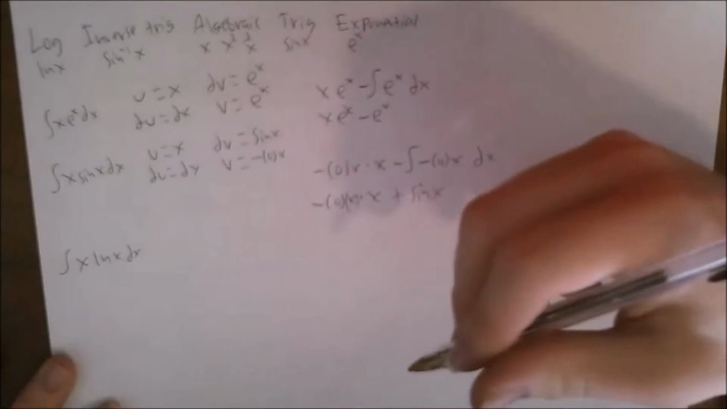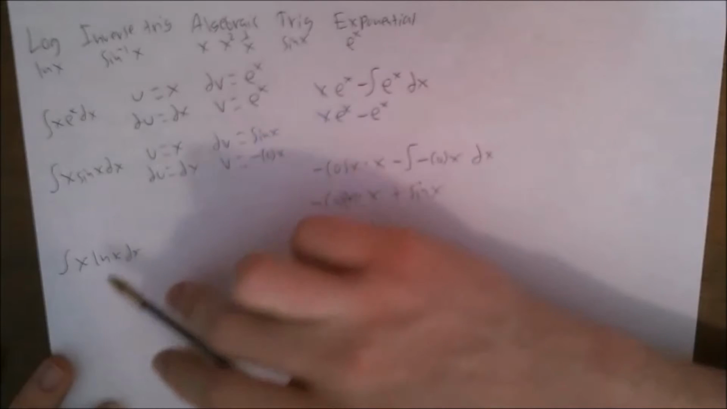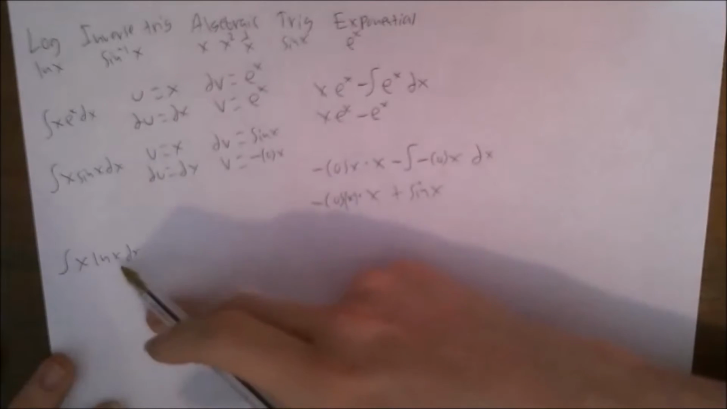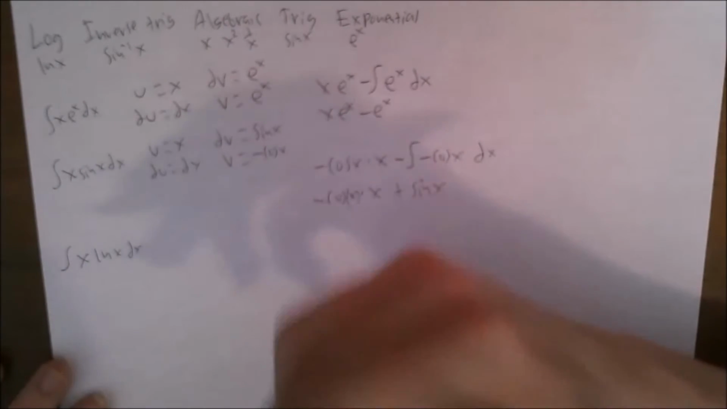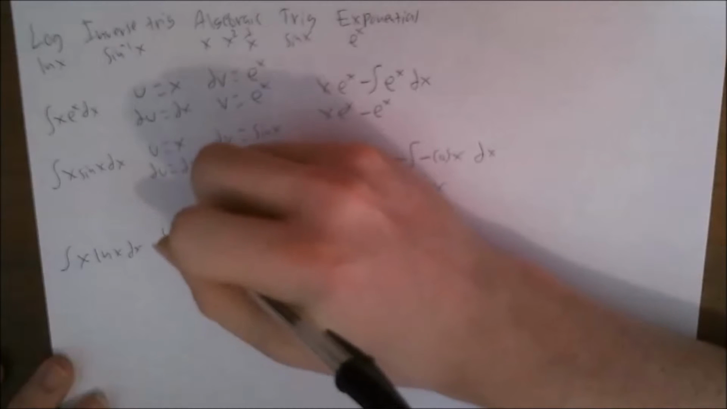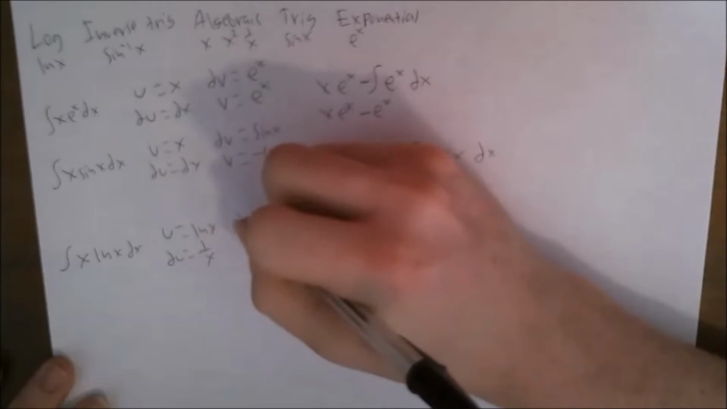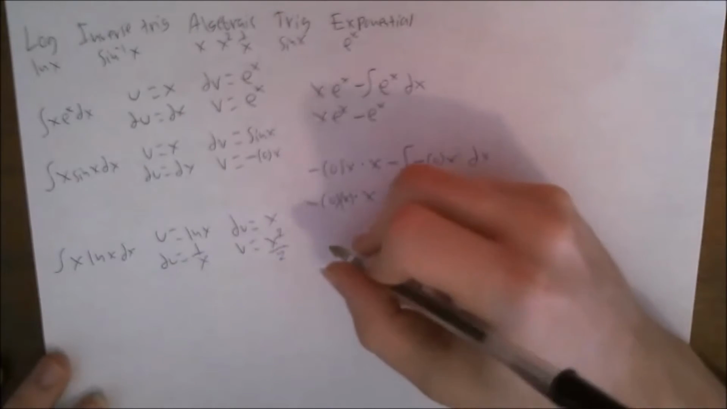This one would be different because if you look, log, oh look, I have a log. So if you set x equal to u, you don't know how to integrate natural log of x, or you probably don't. So we have to set natural log equal to u. So u equals natural log of x, du is 1 over x, dv equals x, v is x squared over 2. So then you have uv